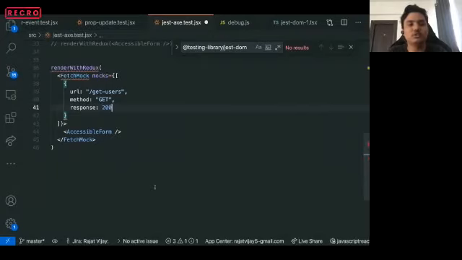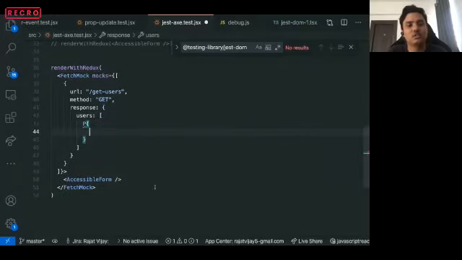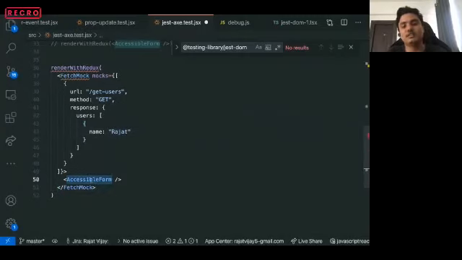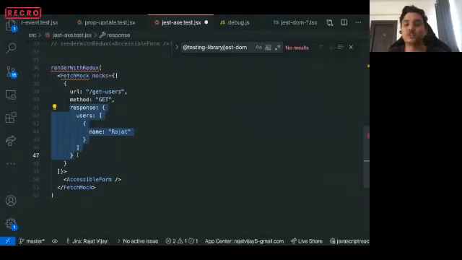You can write a response as a simple 200 status code, or you can write a response as a complete JSON response, maybe a name this time. So what happens is whenever this accessible form makes an API call of method get to this particular get users URL, instead of making an actual API call, this particular response will be returned.